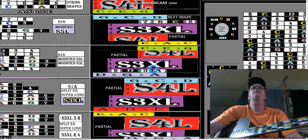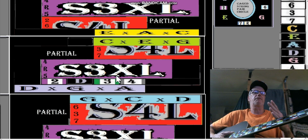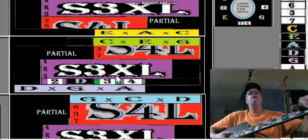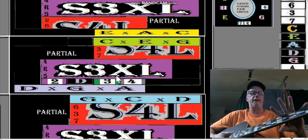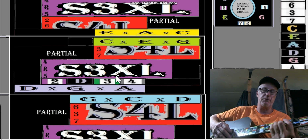Let's zoom in on that D pattern here. Remember, we're compromising here because we're taking it away from the fret nut. We're not going to play the open strings, but at least we're playing it, and we're playing it from the root position. So if you're doing something like this,